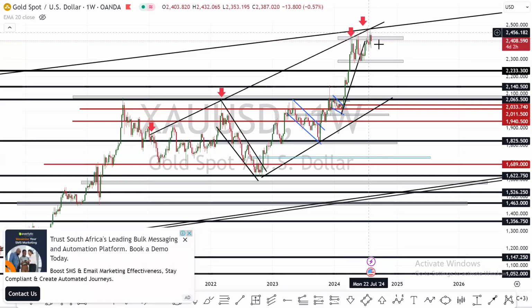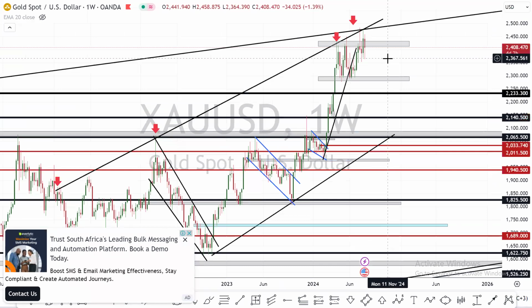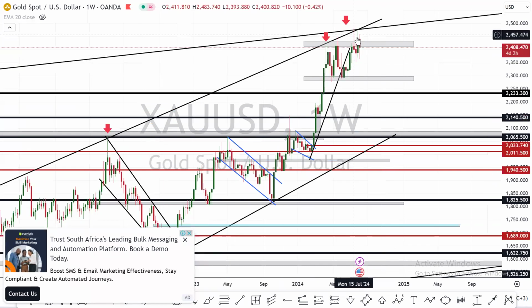A rejecting candle, that's giving us a lot of information. We still had a rejecting candle. The bullish candle couldn't break the previous